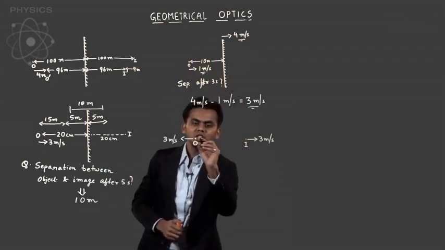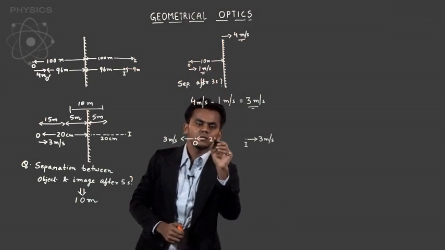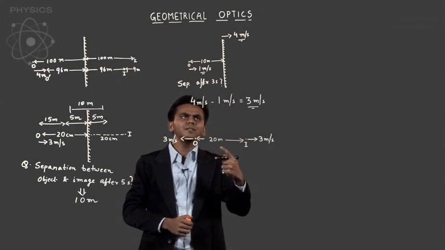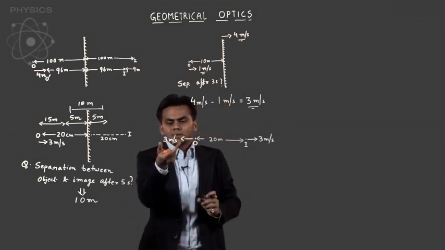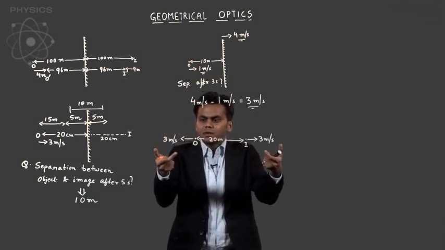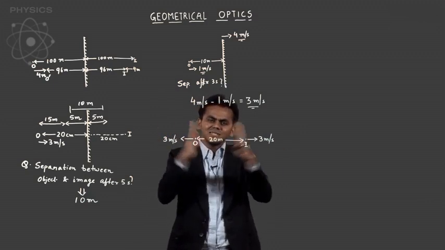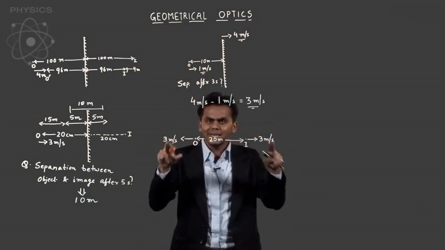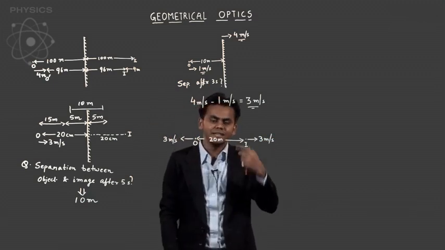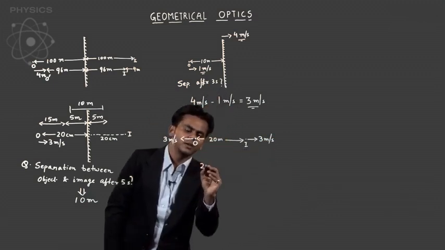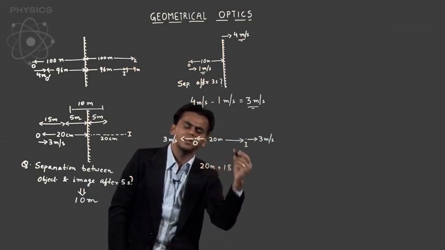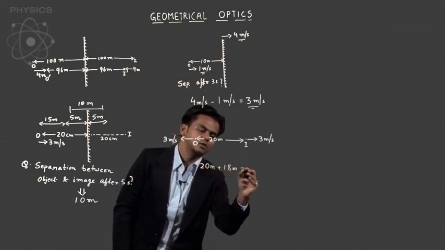So the initial separation was 20 meters. After 3 seconds, this 3 and this 3, if you add them up, they're increasing separation, making the separation a higher value. 6 times 3, 18. So the new separation would be simply 20 meters plus 6 times 3, which is 18 meters, equal to